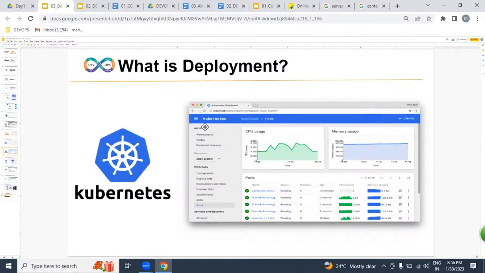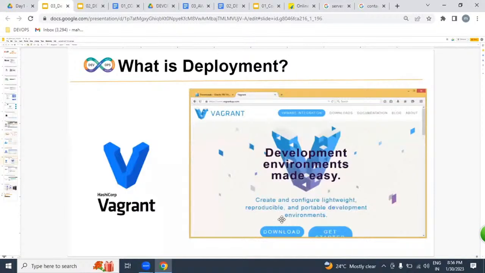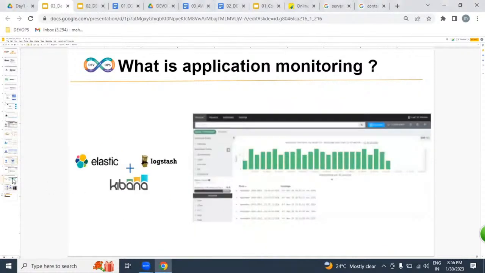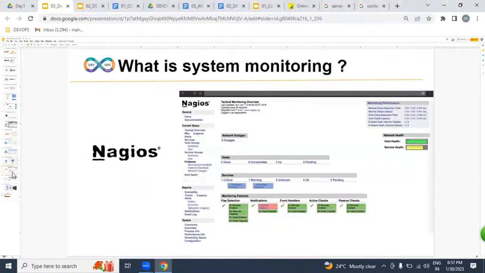Yeah. So we're going to be learning Vagrant also. By using Vagrant, we can create virtual machines in your laptop. And we're going to be learning Nagios. Nagios is a monitoring tool, whether it is CPU load, user load, whether the system is alive or not, we're going